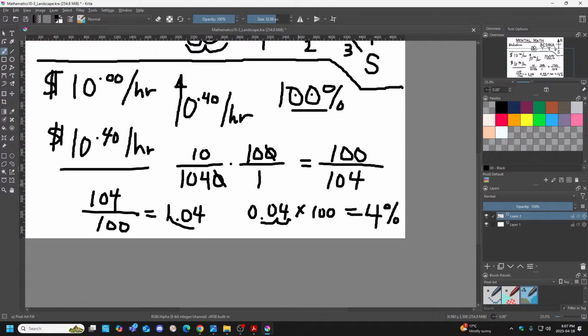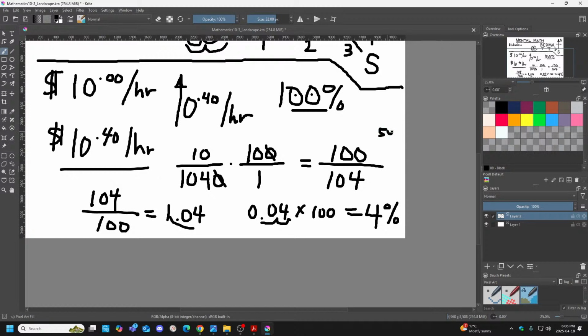Dividing. Yeah, I had to flip it because I wanted that 4. If I did it the other way, I would have had 0.9, right? I mean, I guess I could have figured it out that way too. Let's see, 100. Again, the next thing I was gonna do is reduce these. So I would have divided it by, I don't know, 2, I would have started with, I guess. That would have gave me 50